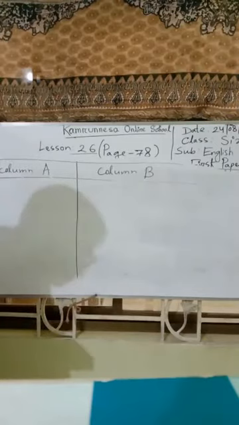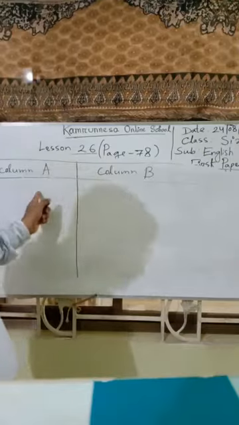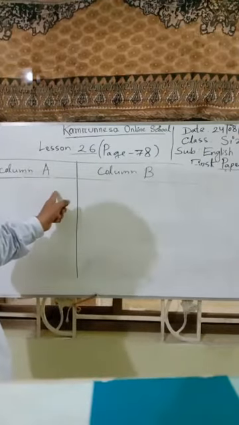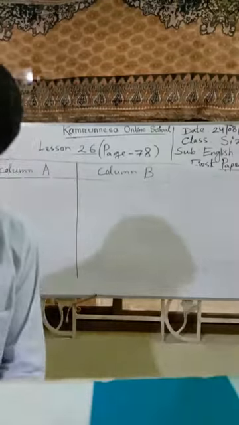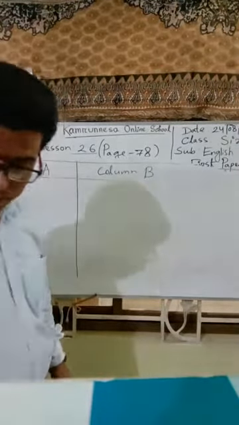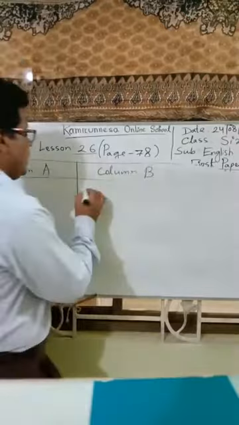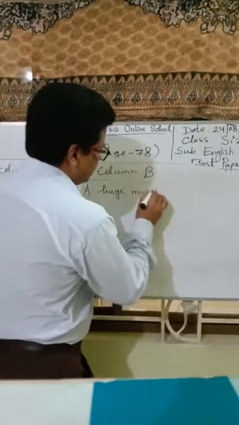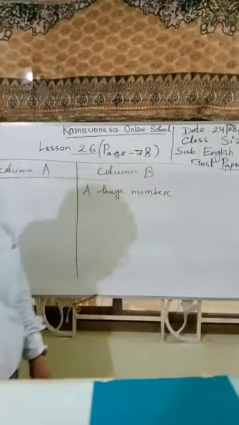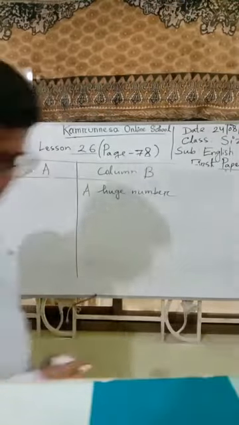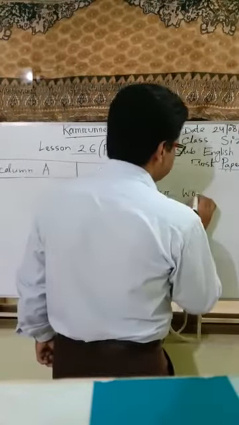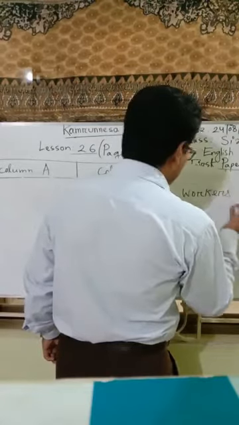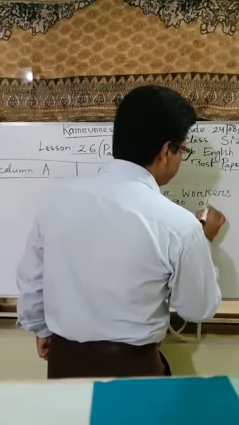In column A, we have found the number of workers who go abroad for jobs. That means how many people or workers go abroad for jobs. At the beginning of the topic, we found that a huge number of Bangladeshis. So, you have to put down in column B: a huge number of workers who go abroad. This is the answer